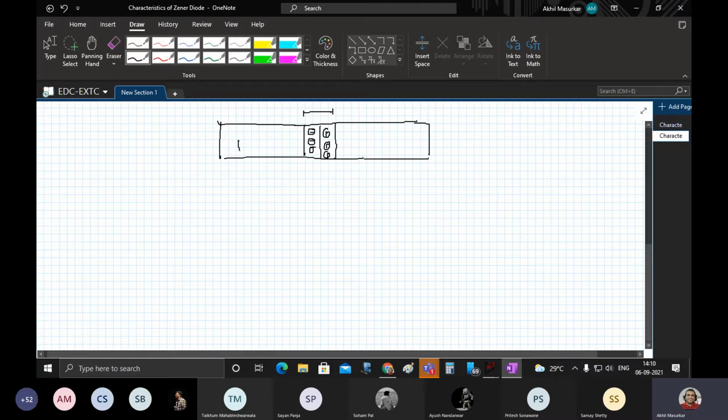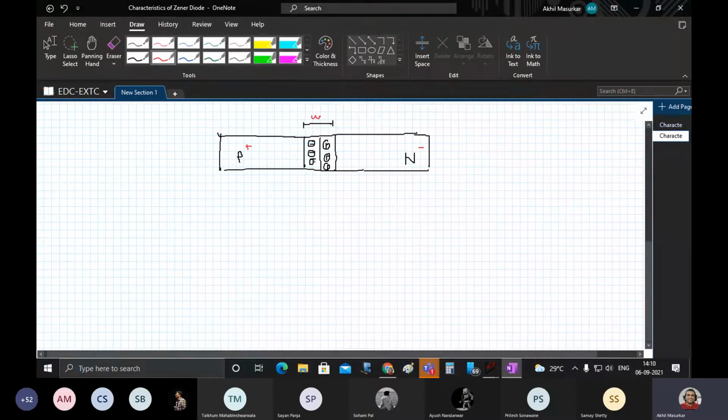Here I am writing not P and just P and N, but Zener diode is heavily doped. So this is plus and minus. Now if this width is very small, and if I apply reverse bias here,